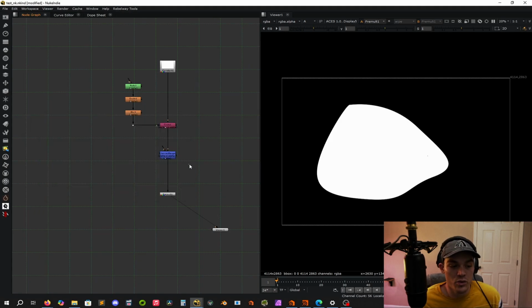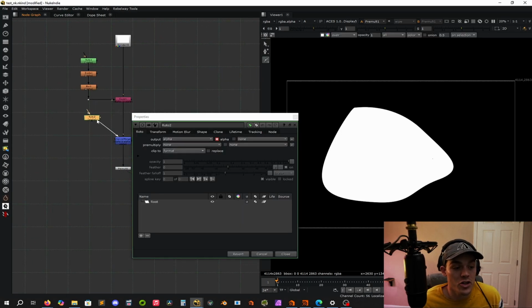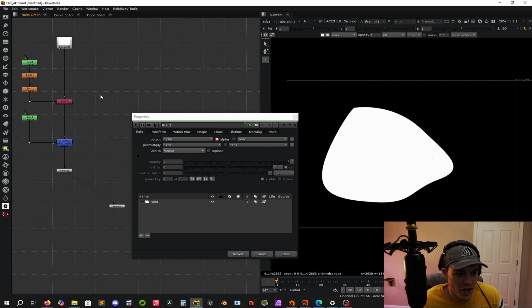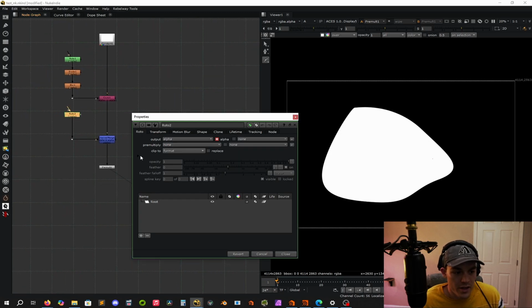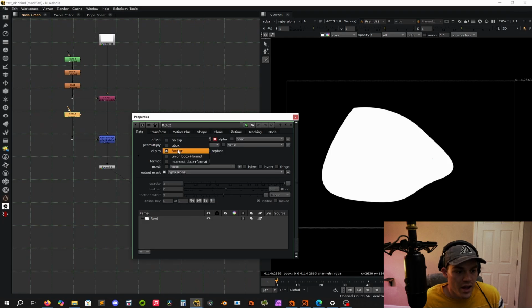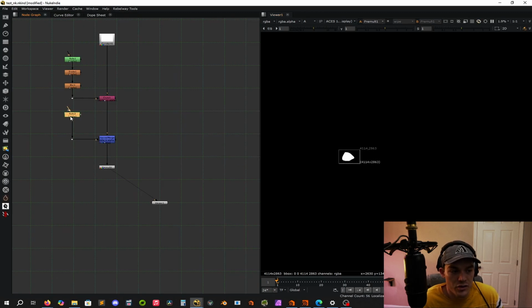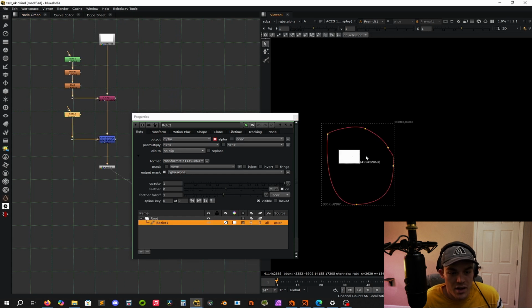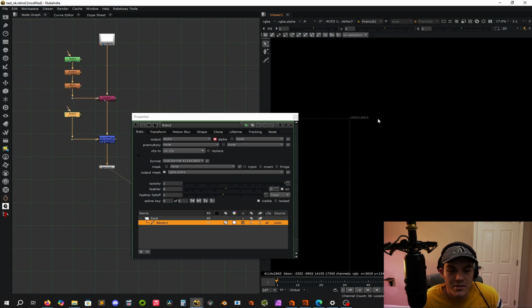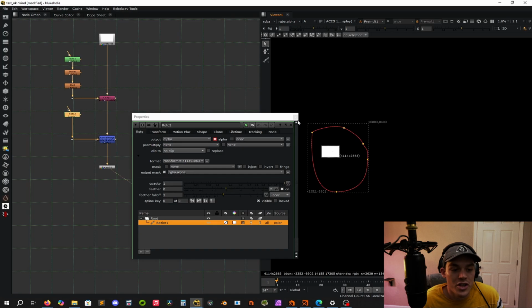I mean, data management through the roof, but this is one of those areas of expertise where it shines. So we add in a channel merge, and we add in another roto, making sure to output the alpha here as well. And the no clip thing isn't like the greatest practice, but as long as you're keeping an eye on your actual bounding box and making sure that it doesn't exceed past too far. Like, for example, if I just drew out here, now we are creating a much bigger bounding box. So we would need to crop in, because that is 10,000 by 8,000 pixels, which will slow down your machine by quite a bit. So only do the no clip if you are being very mindful of your bounding box